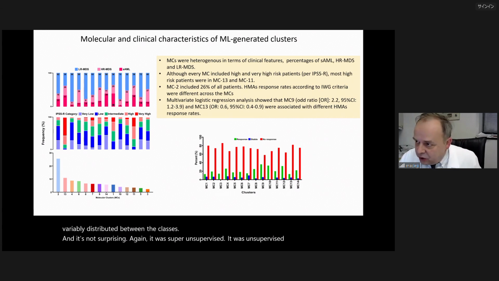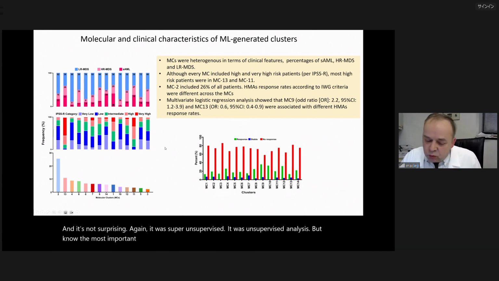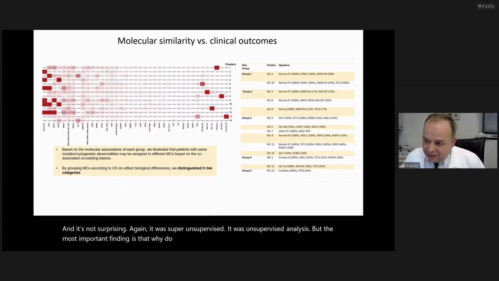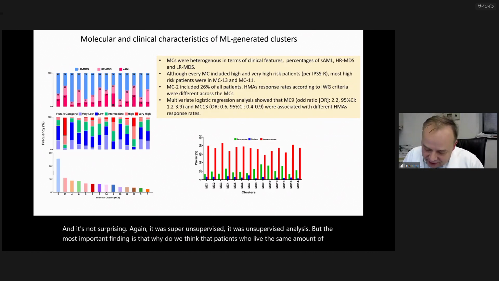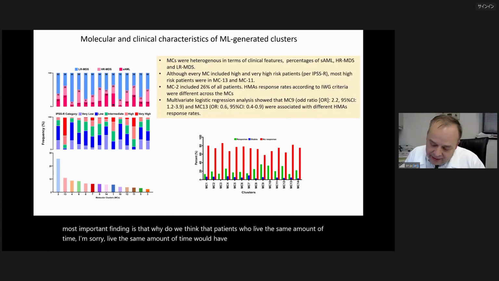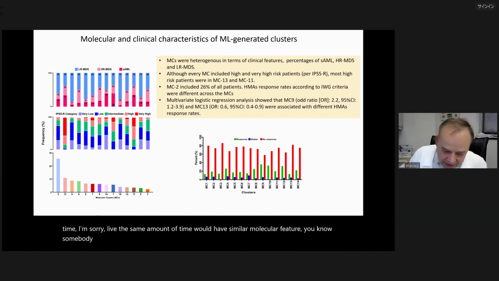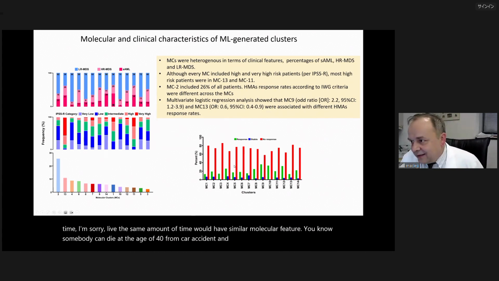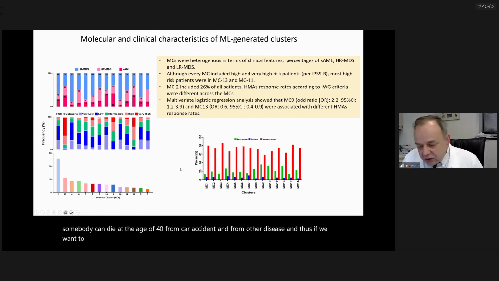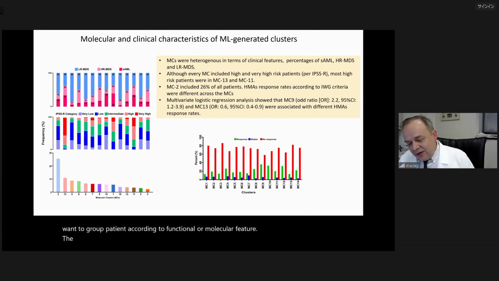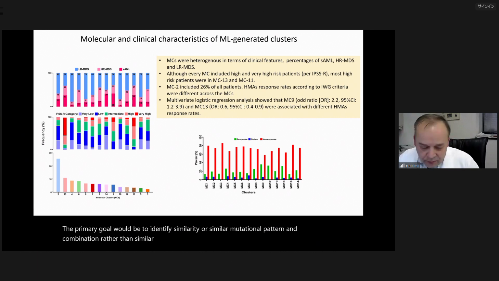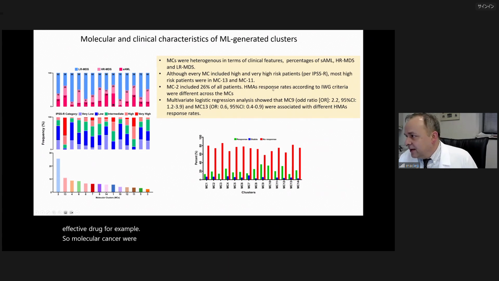But the most important finding is, why do we think that patients who live the same amount of time would have similar molecular features? Somebody can die at the age of 40 from a car accident or from another disease. And thus, if we want to group patients according to functional or molecular features, the primary goal would be to identify similarity or similar mutational patterns and combinations rather than similar outcome, which might be affected by the presence of an effective drug, for example. So molecular clusters were heterogeneous in terms of the clinical features, and